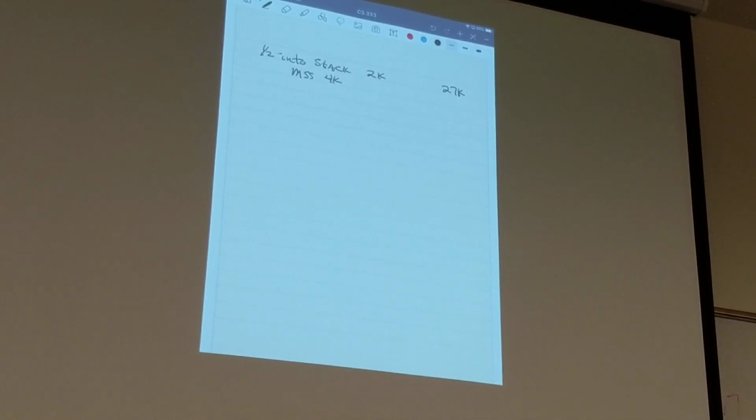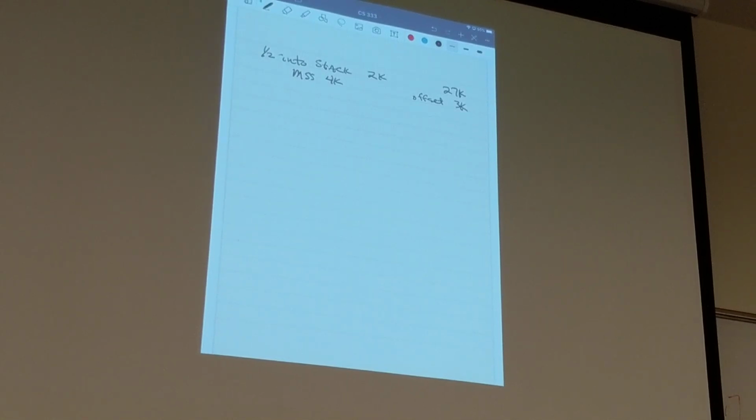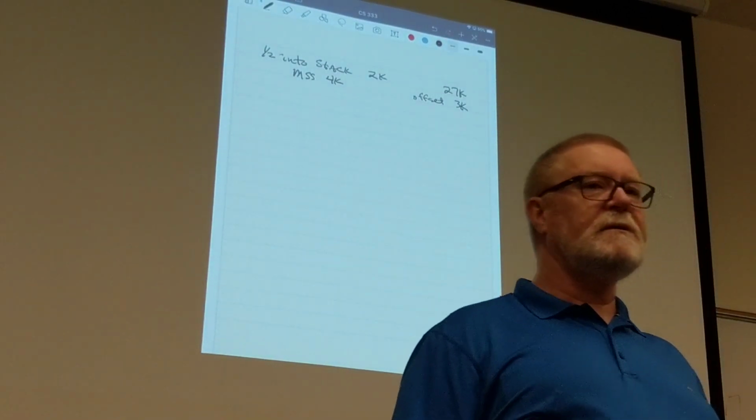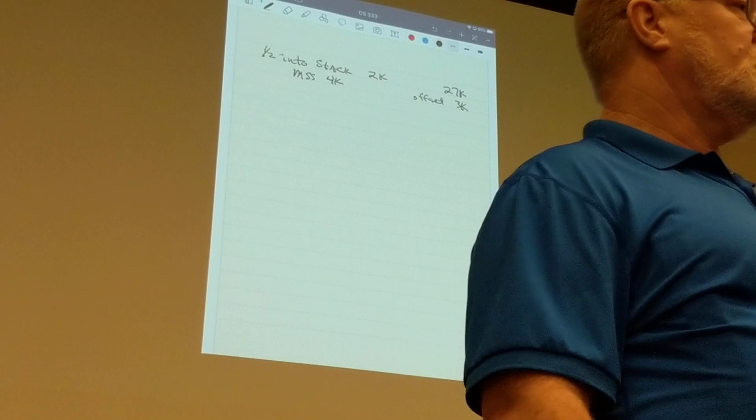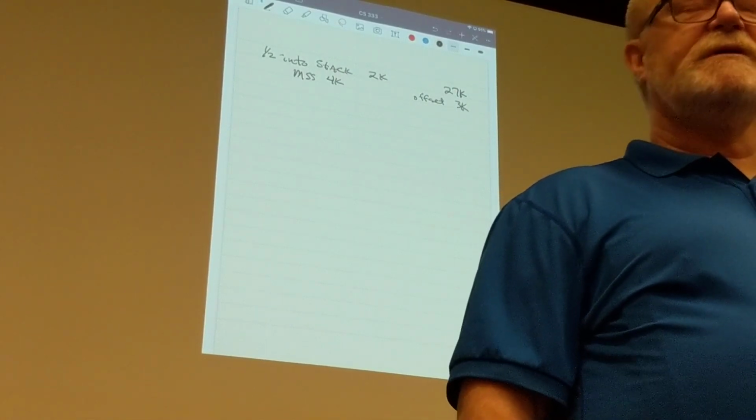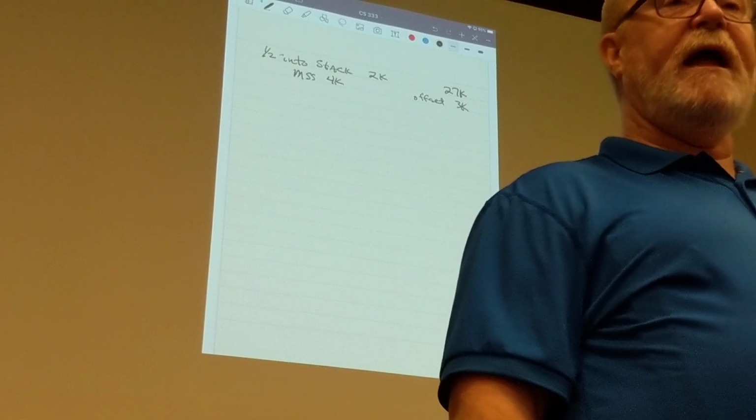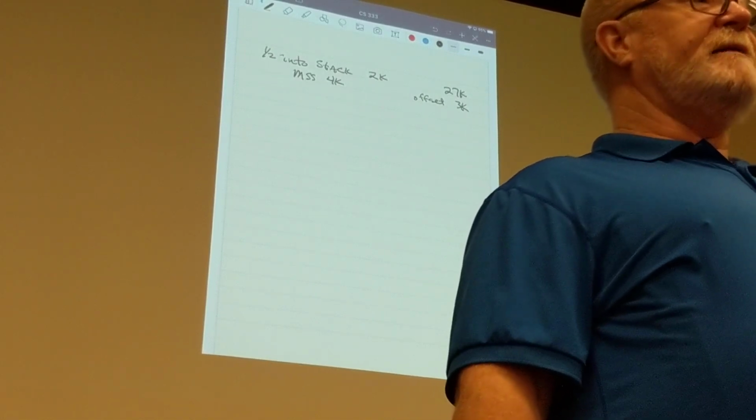But it turns out that's not the number we need. What's the actual offset? 3K? 3K. Why? Why is it 3K? Does anybody hazard a guess? Turns out the lowest address is going to be the base, 28K, minus the maximum segment size. And the MSS is